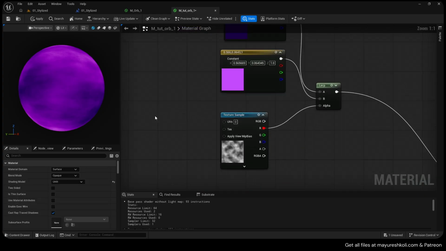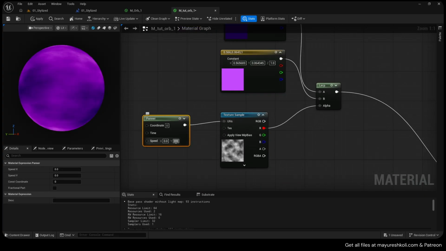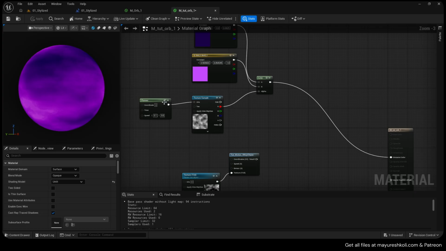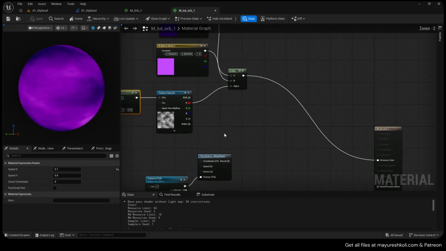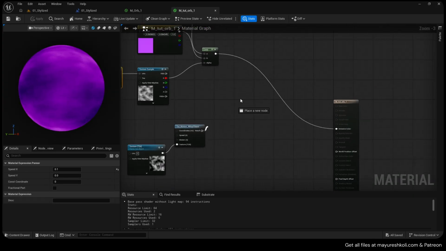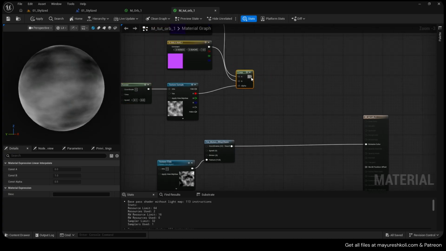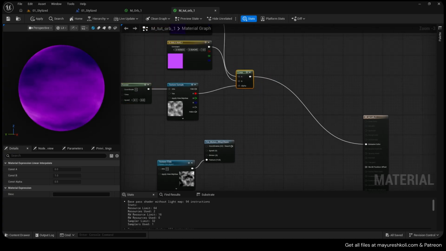And if you want, you could even pan this texture like this. So if you want, we can do pan 0.1, maybe not this way, like 0.1 like this. Really comes down to your preference. And now we have this texture which is moving in 4-way direction, and then this texture which is just a basic different one. If I multiply this